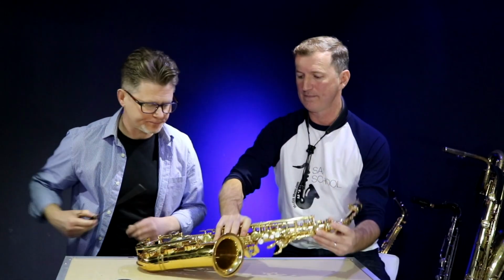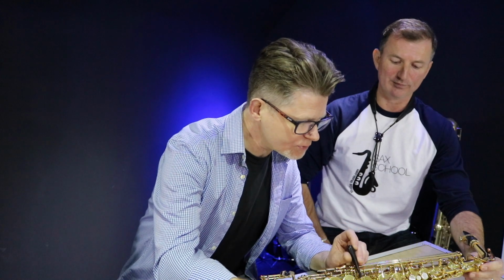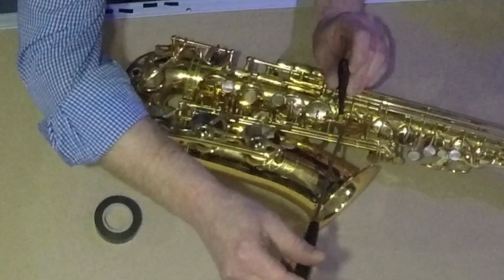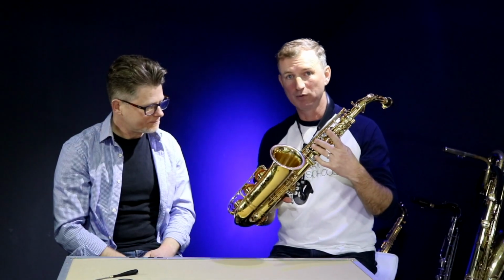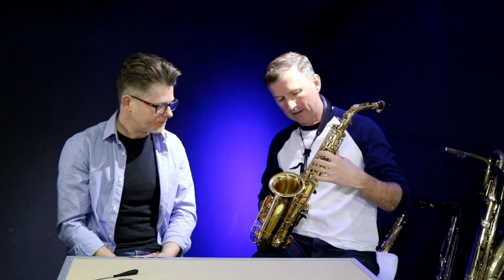All right, okay. So same again, I'm going to put the little screwdriver in between the two screws to hold the bar back, and then I'm just going to back off the regulation screw. Yeah, straight away it's really clear. Another thing that you can check, this is an important little quick tip. If that's your problem note, and we've made the saxophone out of adjustment now, then another thing that you can check